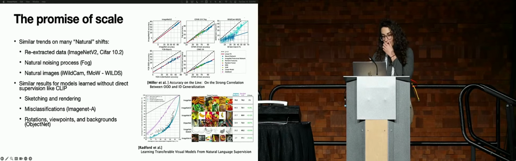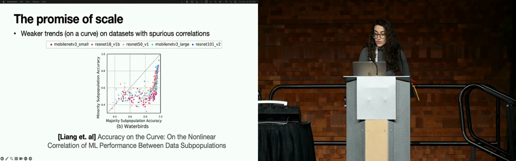The important thing here is that the training data for these kinds of work did not exhibit a spurious correlation or an exploitable shortcut that the model can use for prediction. So we will next go into settings where this trend is weaker or altogether broken. The first thing we notice is that the results are less impressive when the training data has a potential shortcut. So there's work by Liang and collaborators where they look at different subpopulation shifts where at training time the label